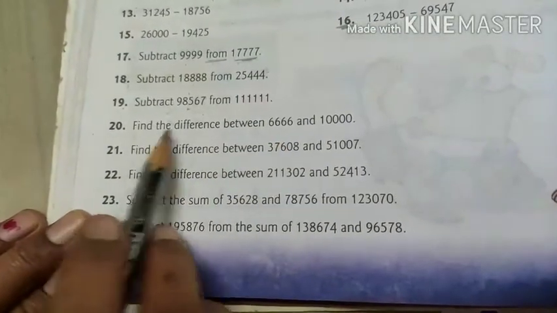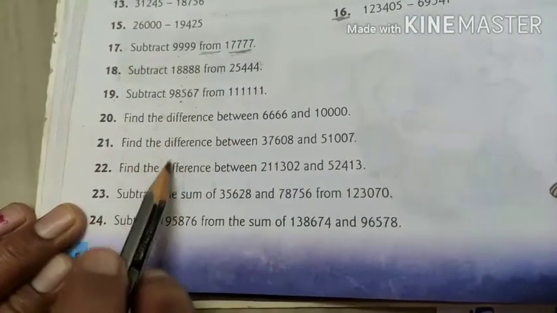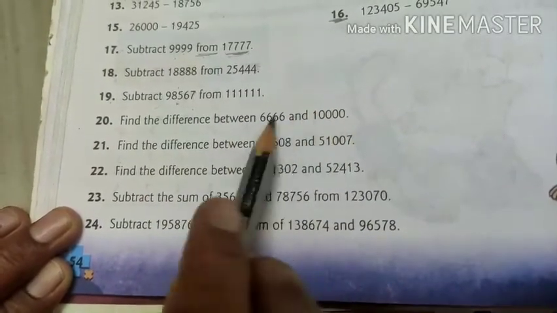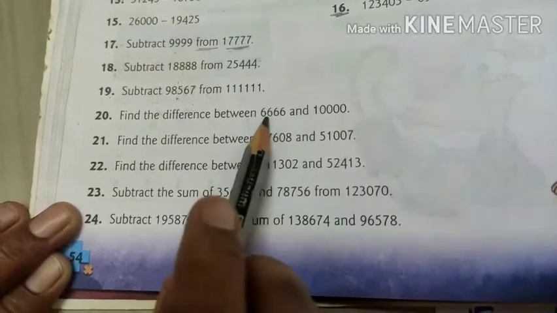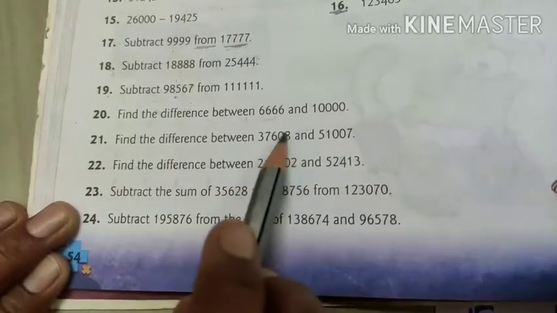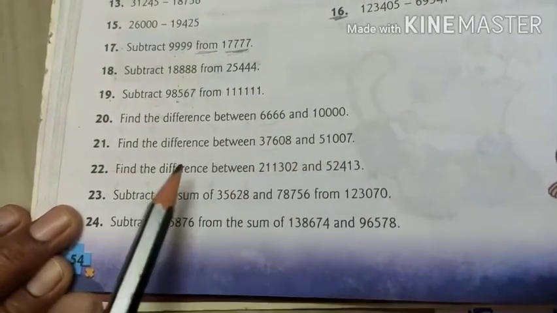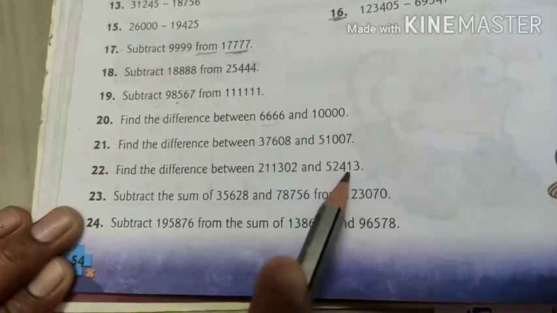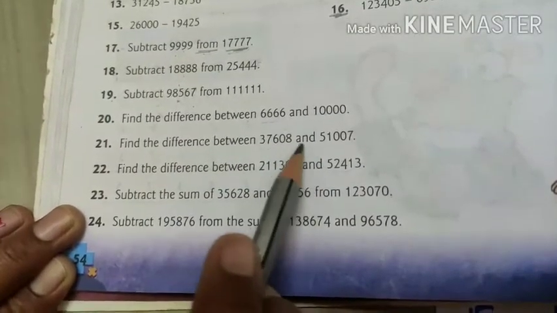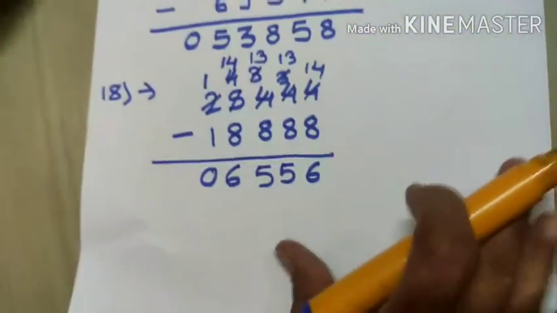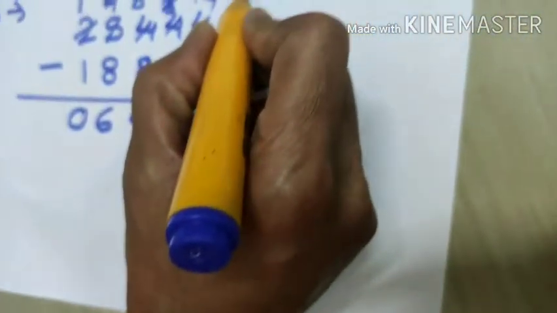See, find the difference between. These three questions are the same, but see the numbers properly, because here the position is different, bigger and smaller number. Here this is small, this is big. Here this is small, this is big, and in this one this is big and this is small. So always you have to do what? Bigger minus smaller. Okay, I am solving the 21 question. See 21 question. I am directly arranging the numbers.